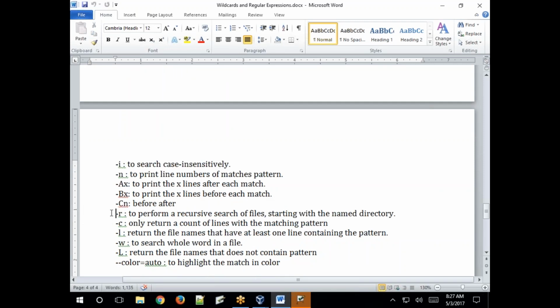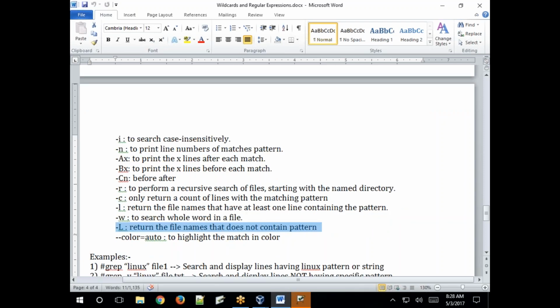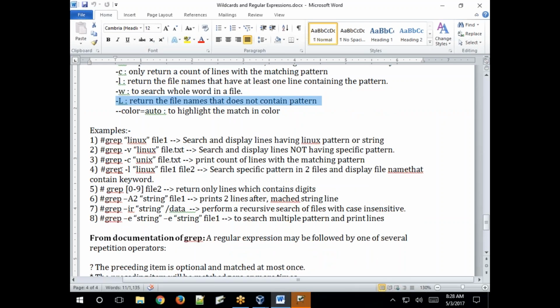Search recursively in all the files, then return the file names along with the line numbers where the pattern is matched. C only returns a count of lines, L returns the file name, W searches for a whole word in a file, and capital L returns the file name that does not contain the pattern. Clear? So here are some examples.